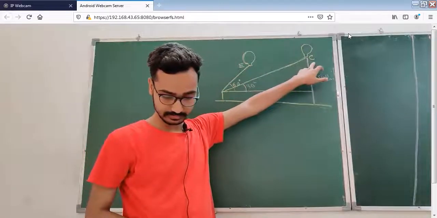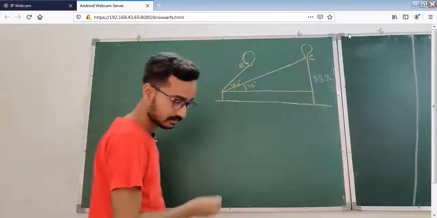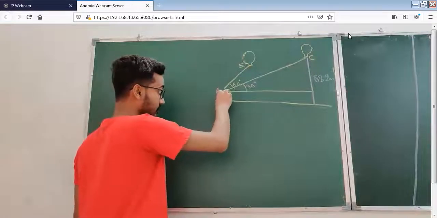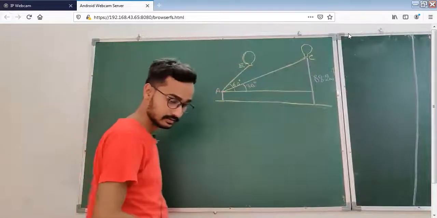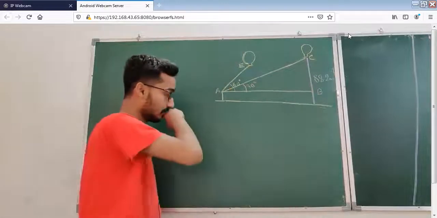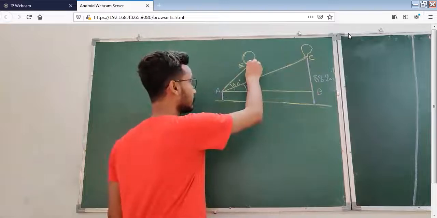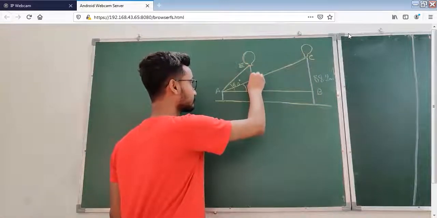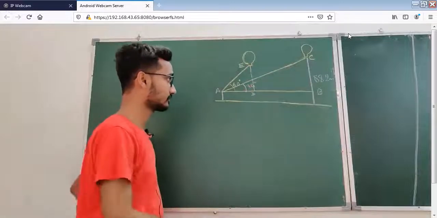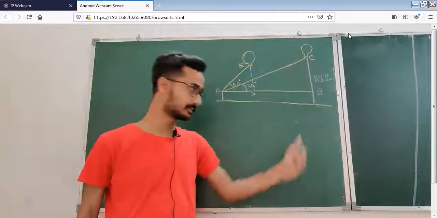Now you have to find the distance. Yes or no? You have to find this distance. Suppose this is your A point. That means this is the height of your girl. Suppose this is your B point. And suppose this is your D point. So let me draw one line. That means you have to find BD. What? You have to find BD. This is BD.